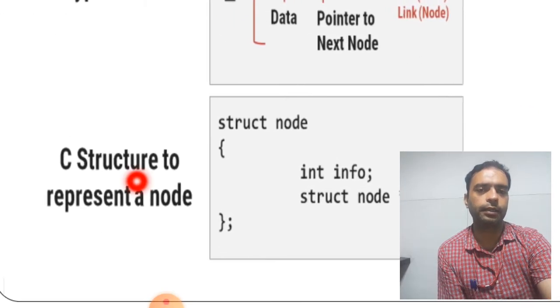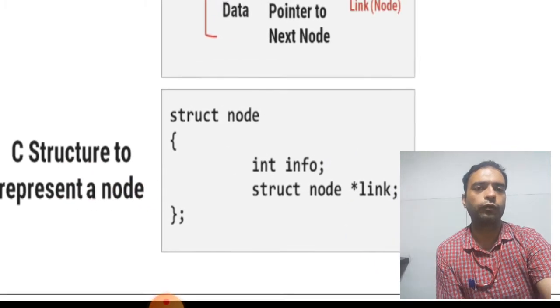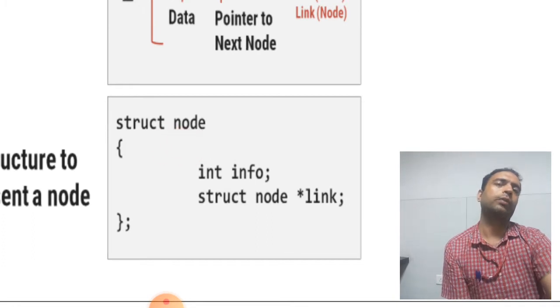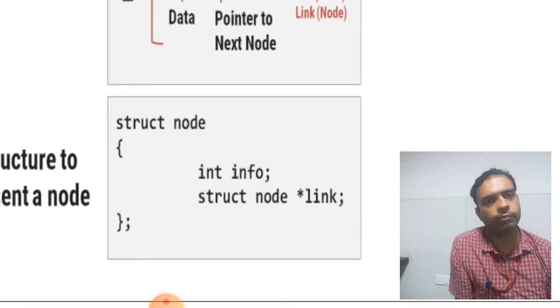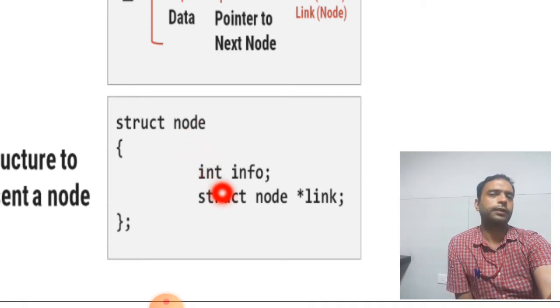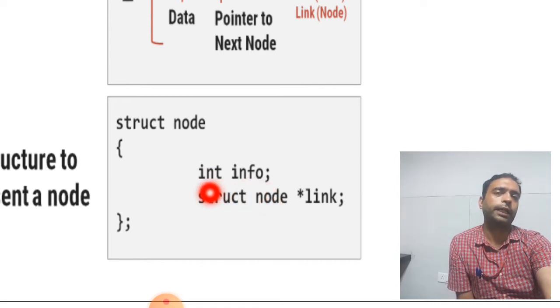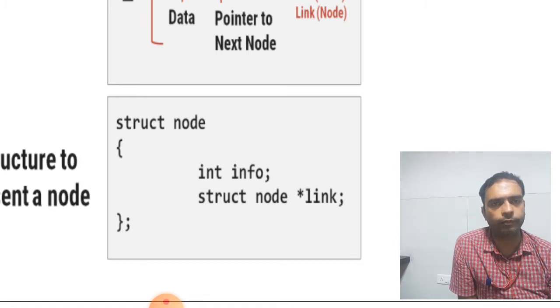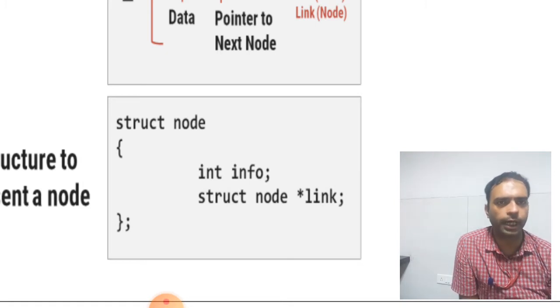That is a C language structure to represent a node. For that we have to define this structure part. Struct node is given. Struct node means the structure is given with the name node. In the body of the structure, first of all we have to give an integer. Int means integer, and info is the variable of that integer. So we have to give the information in numeric form, not alphabetic or anything else. Just an integer is to be given in this information that is shown here.